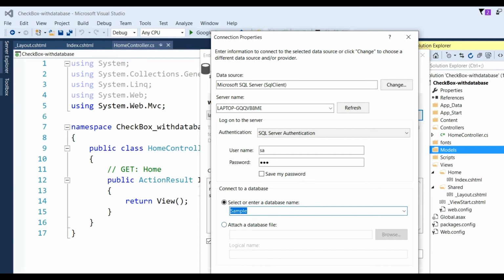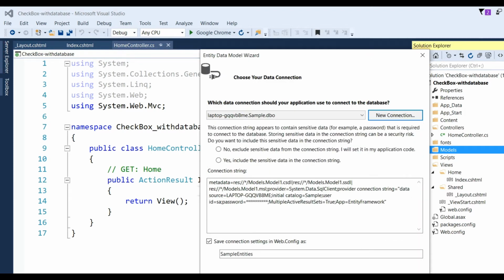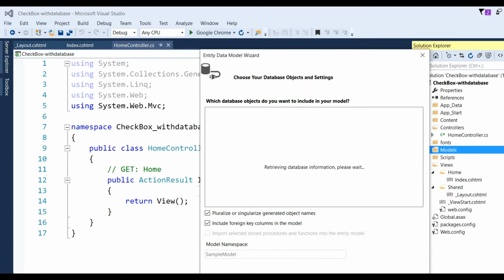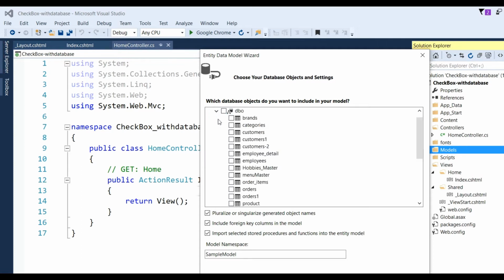I selected sample, click OK button, yes, and next, next. Now you have to add two tables. One is hobby master where data will be shown in the checkbox list, and one is student registration where hobbies will be saved. Click on finish.